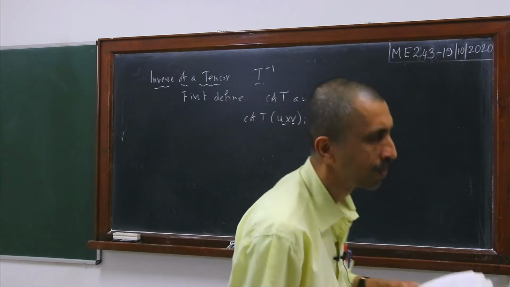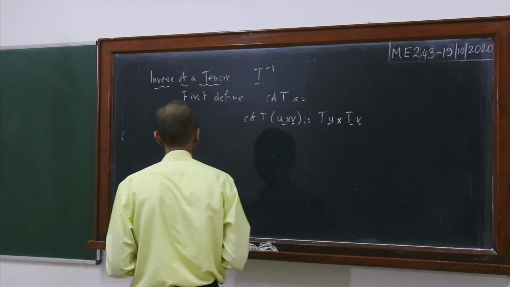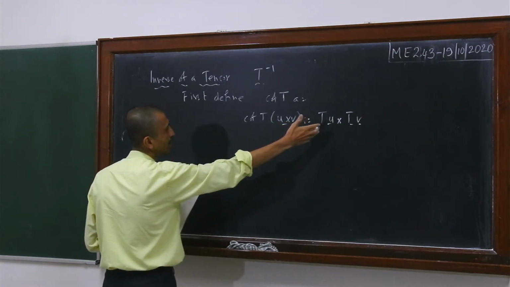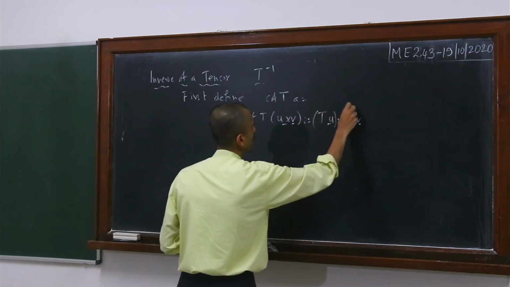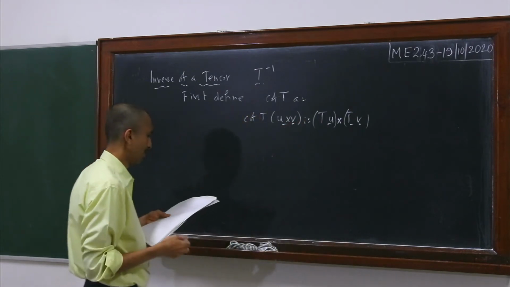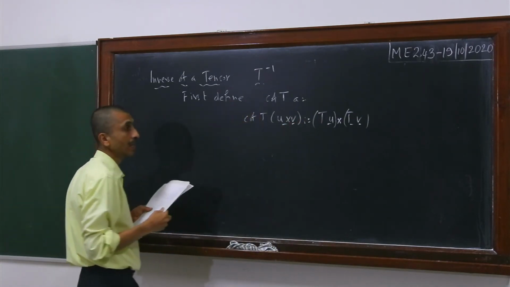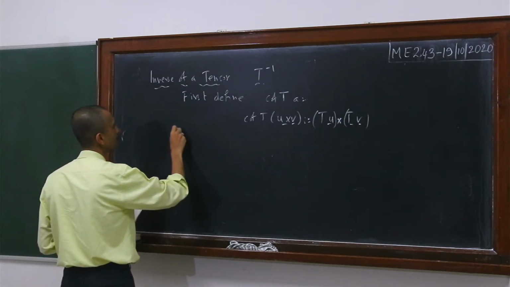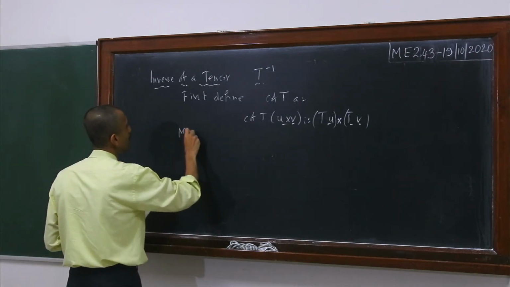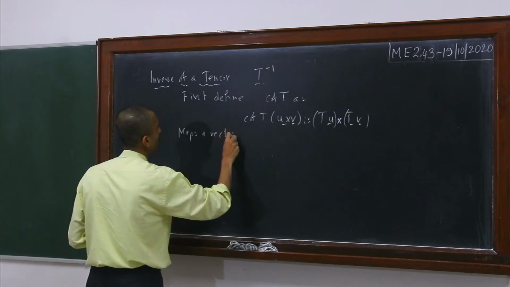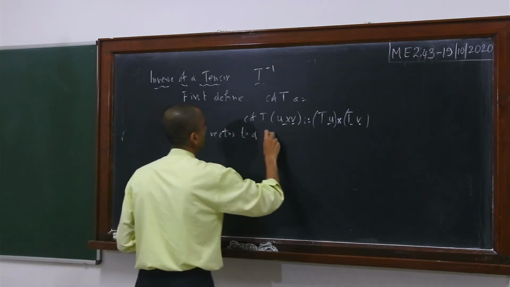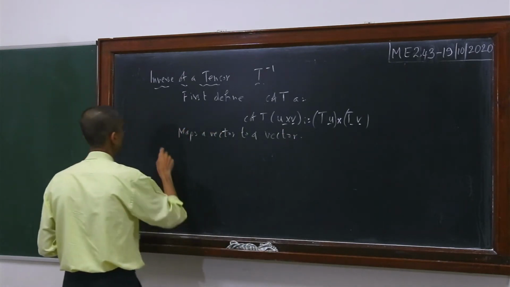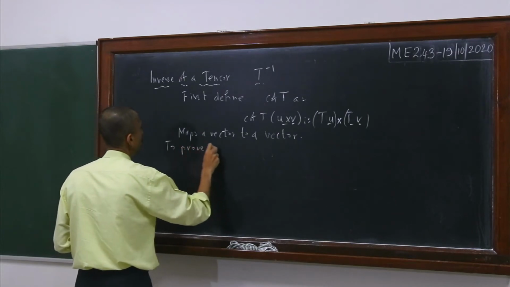Now let us prove that this cofactor T is a second order tensor. So it maps a vector to a vector, right? Because Tu cross Tv is also a vector and u cross v is a vector, so it maps a vector to a vector. But proving linearity is quite difficult using this particular definition. So let us try to see that. Okay, then to prove linearity,